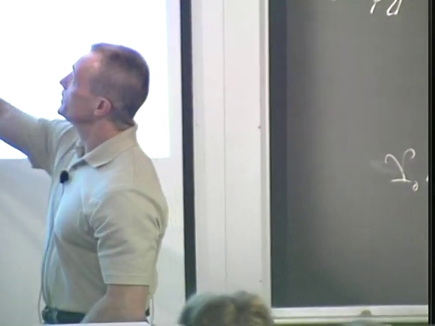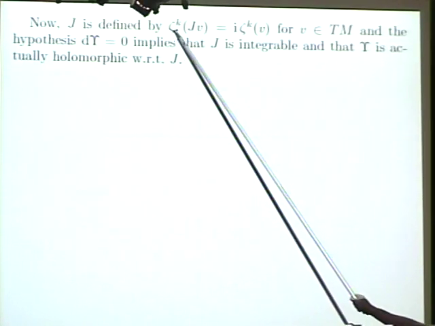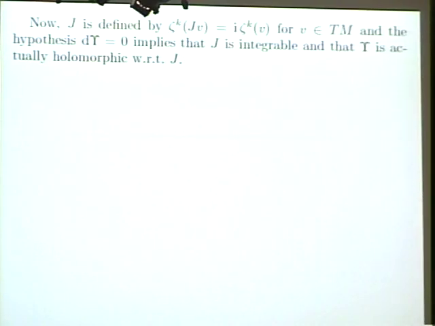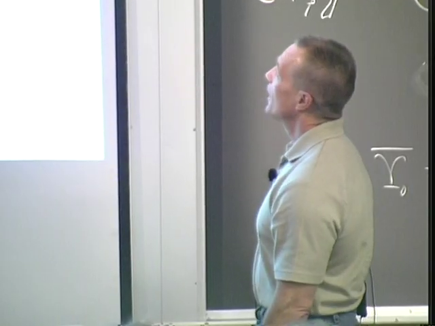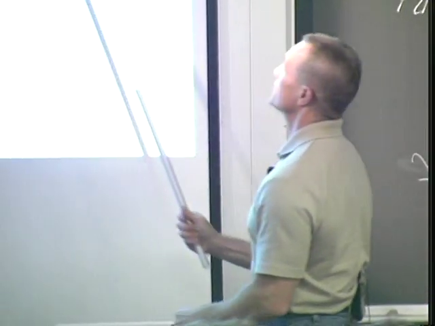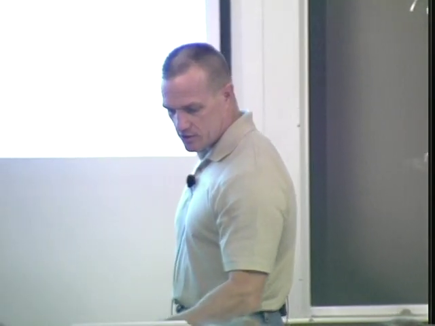Now, the condition that d upsilon is 0, in fact, implies that you can make a basis change in the zetas so that they become closed. This is the Newlander-Nirenberg theorem. It's a non-trivial theorem, but it's actually slightly easier than the Newlander-Nirenberg theorem because you have the closure of upsilon, not just that the d zetas are closed under exterior derivative. Anyway, you get this. That implies that J is integrable, so that means there are holomorphic coordinates,